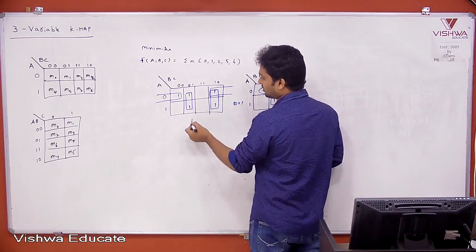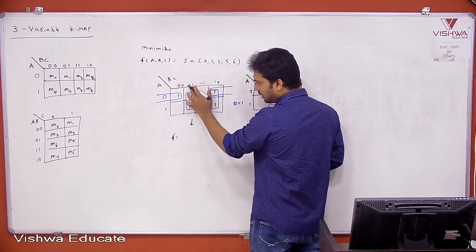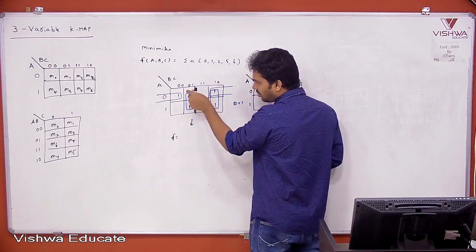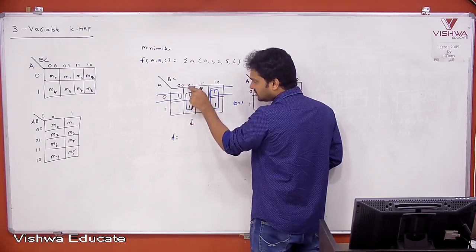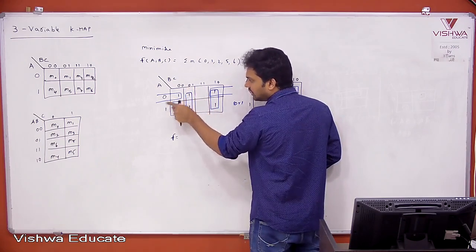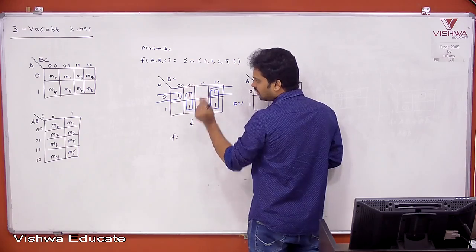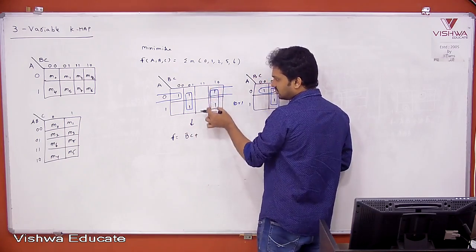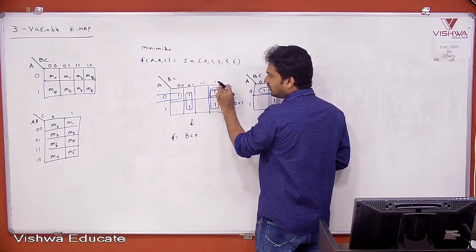What is the equation for this? F equal to, first forget about this pair. Tell me for this, B bar into C. Please understand how we write. Whatever is common in a row or a column, we write that. What is common in this column? B0 C1. B0 C1 means B bar C. Into 0 plus 1, neglect. Nothing is common in the column. Only in the row it is common. B bar C plus. For this, what is the answer? B into C bar